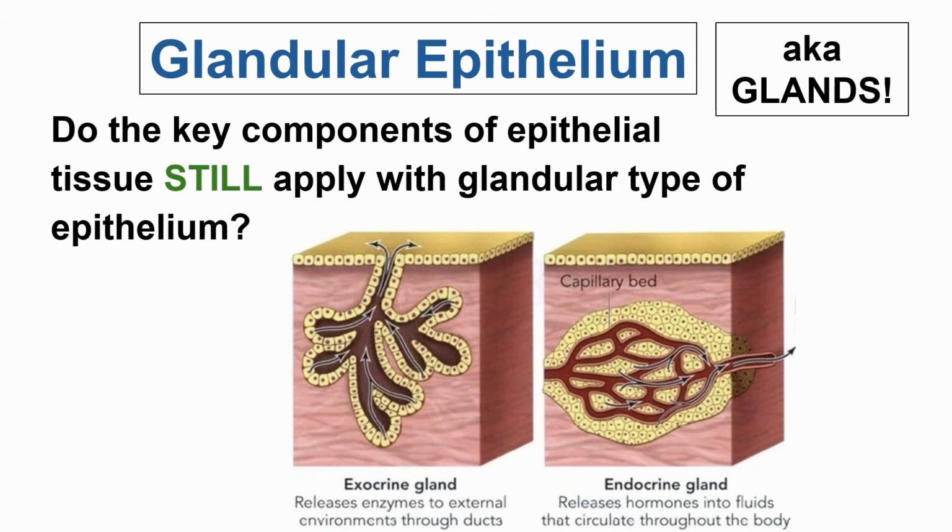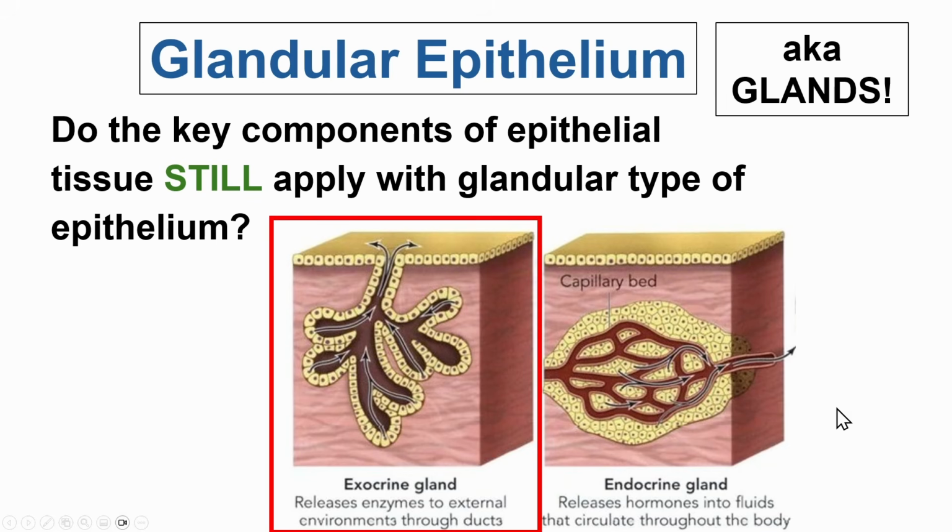Maybe except for the last part, no? Except for the part wherein the epithelial tissue lining, especially the lining epithelial tissue, is avascular or does not contain blood vessels. Because in the glandular epithelium, again, there are subclassifications. So, guys, you will realize in microscopic anatomy or histology, as with other aspects of your other courses, there are always subclassifications, no? For the glandular epithelium, we would have your exocrine gland and your endocrine gland.